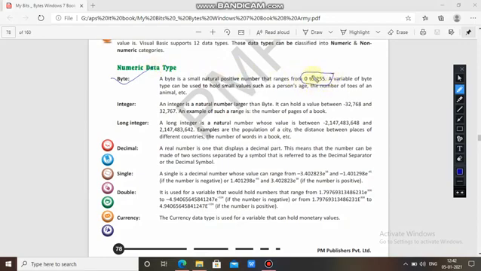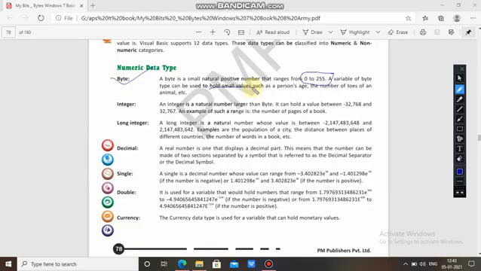A variable of byte type can be used to hold small values such as a percentage, a person's age, or the number of toes of an animal.